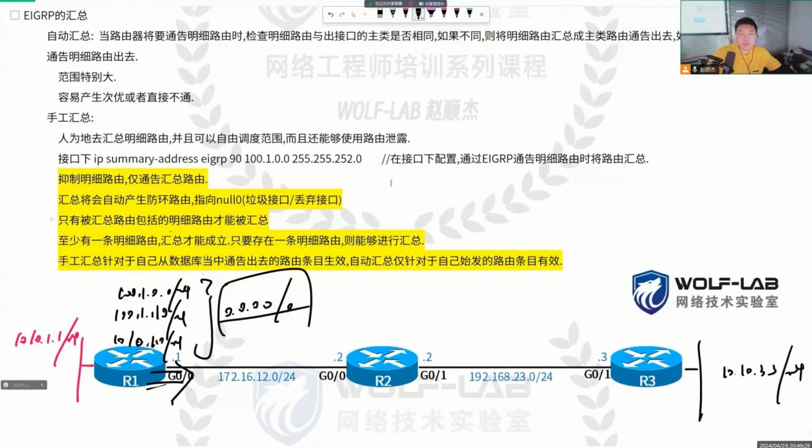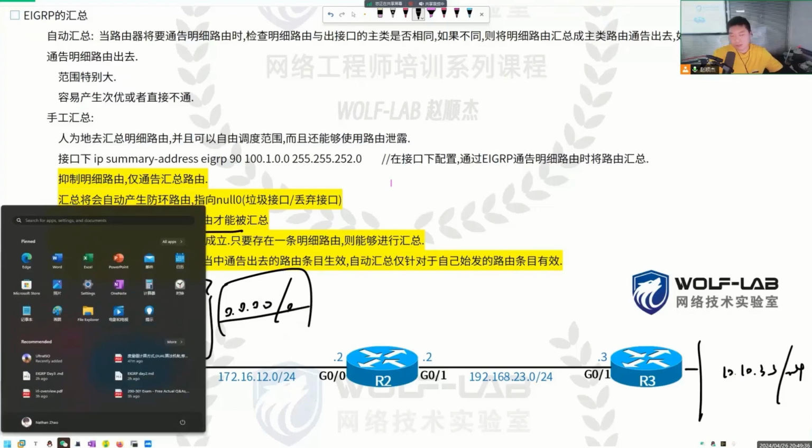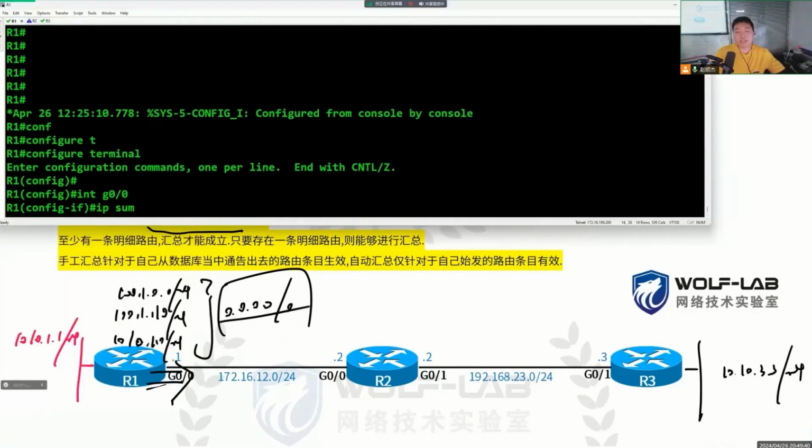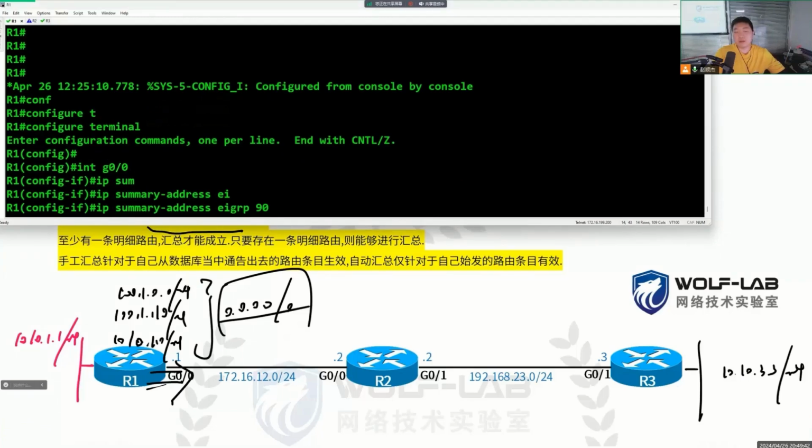A default route. Is it coming from R1? Then R2 can certainly pass the routes it receives to R3, and R3 will also have this default route. Understand, students? Summarization can also produce a default route, using ip summary-address eigrp 90 0.0.0.0